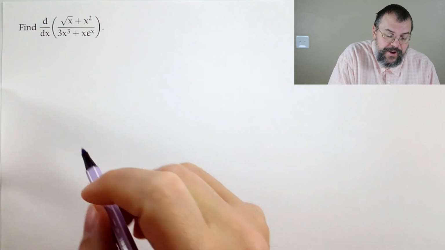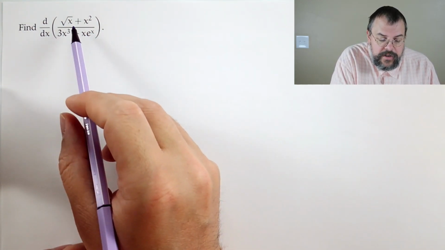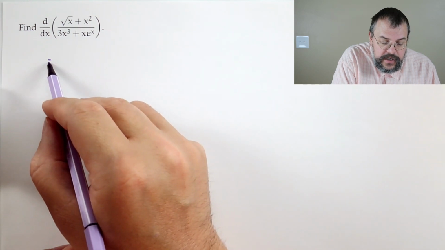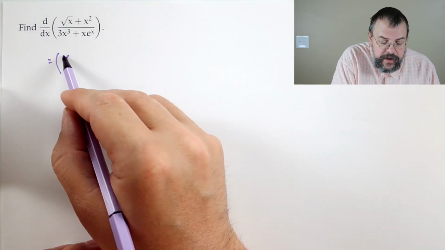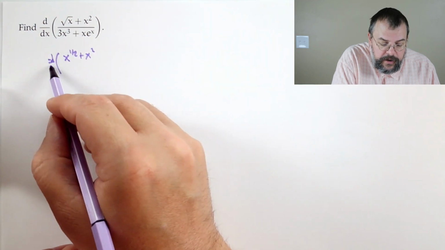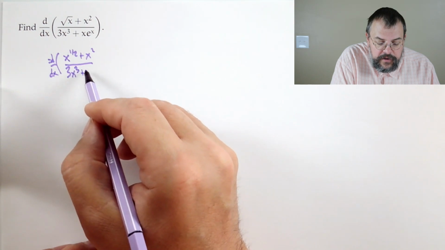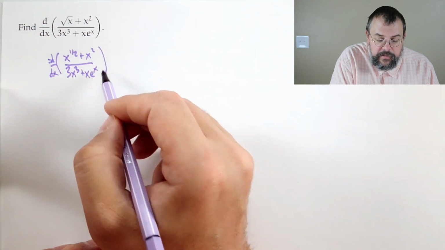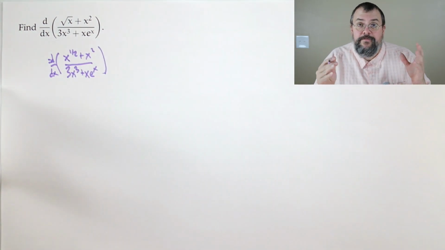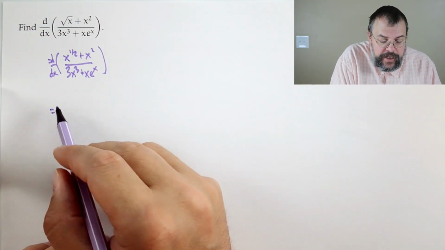All right. So when we're taking this, we say, all right, the bottom times the derivative of the top. Now, of course, I'm going to keep doing the same thing. Square root of x becomes x to the 1/2 plus x squared. Whoops, forgot my derivative symbol in front. I always like to rewrite the square root as something to a power. Make it more calculus friendly. So we're going to take the bottom,